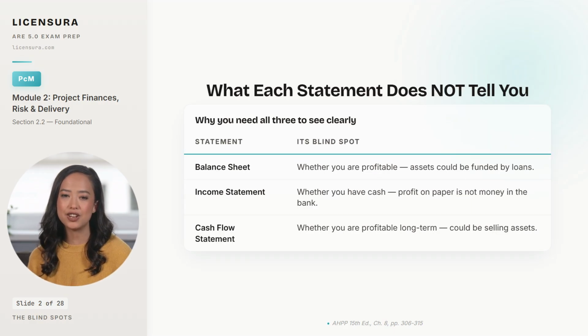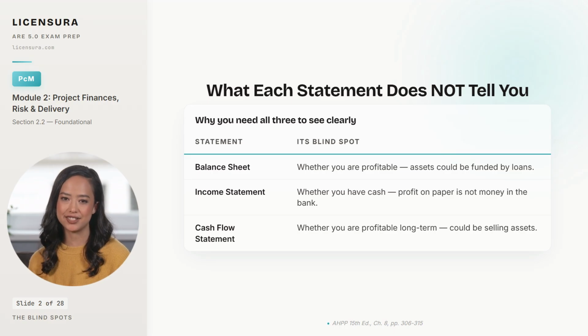Now consider what each statement hides. The balance sheet shows you a healthy stack of assets, but it does not tell you whether you are profitable, because those assets might all have been funded by loans you still have to repay. The income statement shows you a beautiful profit number for the period, but it does not tell you whether you have cash, because that profit could be sitting in unpaid receivables from clients who will not pay you for another